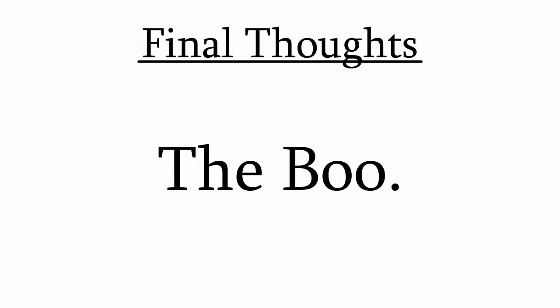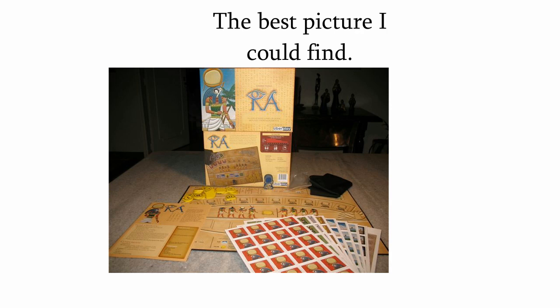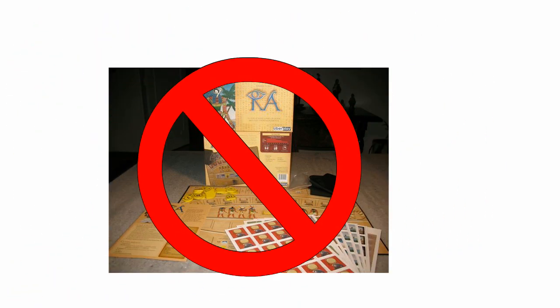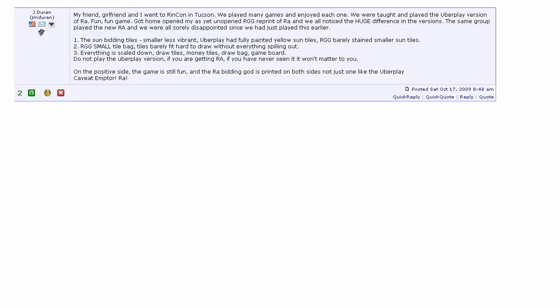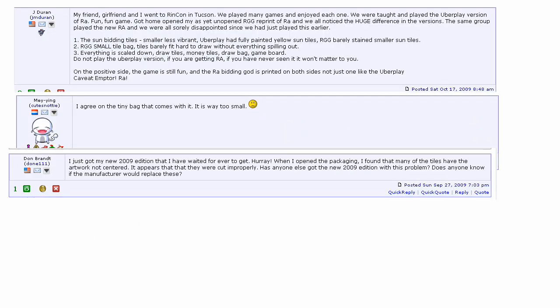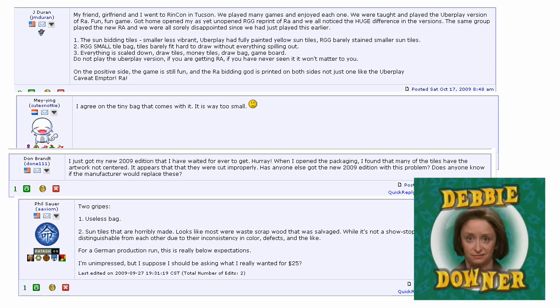what tiles they need. I have the Uberplay edition of the game, which is no longer in print. There's a reprint available from Rio Grande Games, but there are people who have complaints about the component design decisions. This is definitely a matter of taste, but it can kind of be a downer for people who have certain